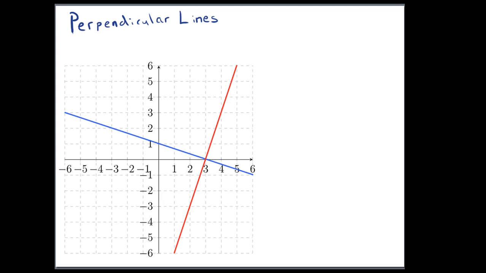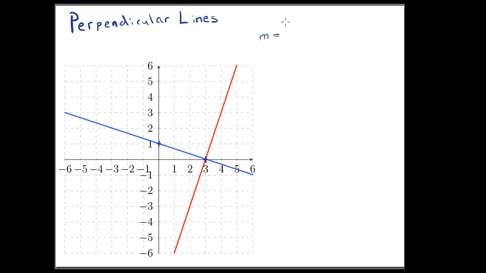Let's talk about perpendicular lines. So I've got two lines right here, they're perpendicular, and we can determine perpendicular again by looking at the slope. So let's take this blue line and let's count off its slope. I'm going to start right here at 0, 1, and it crosses again out right here. We'll go to that intersection at 3, 0. So the slope, and I'm going to do it this time with points, is, let's see here,